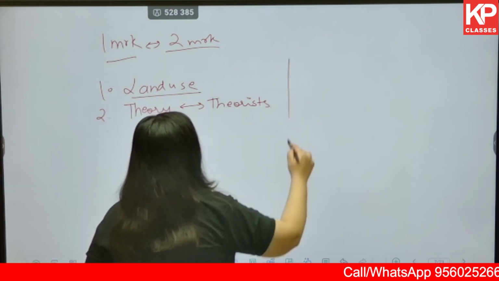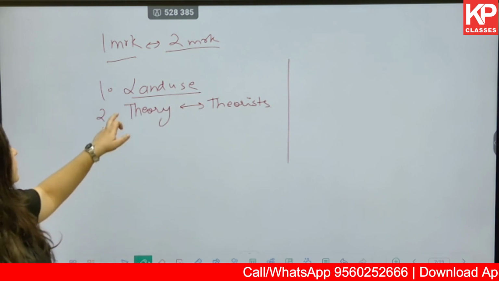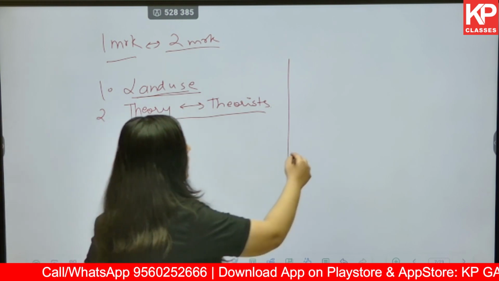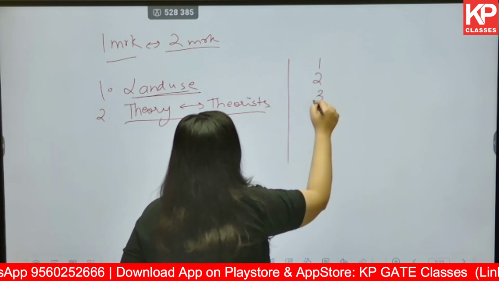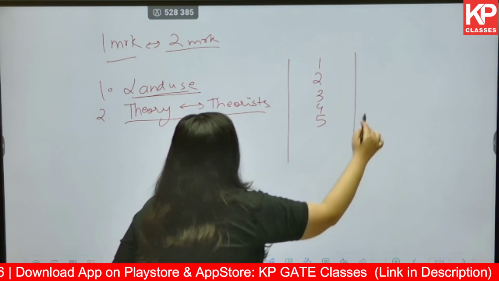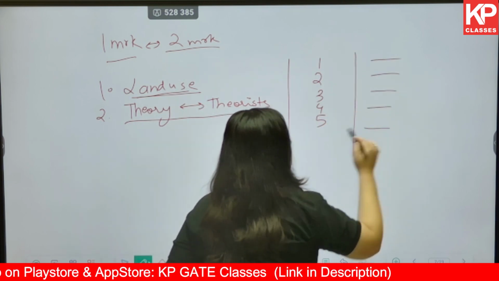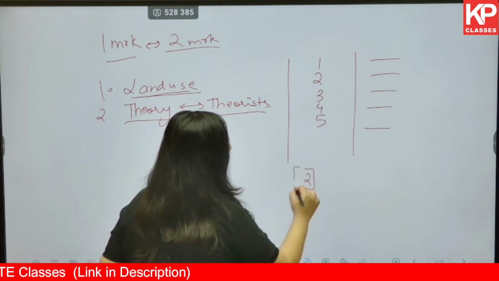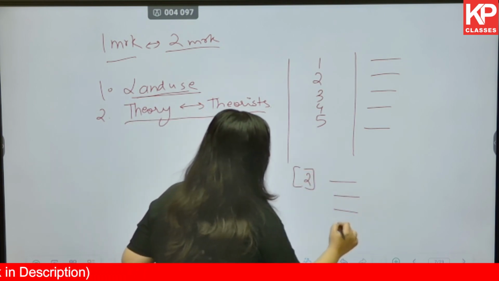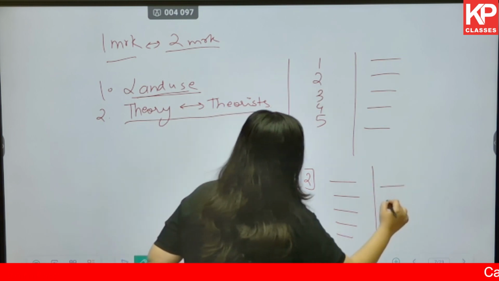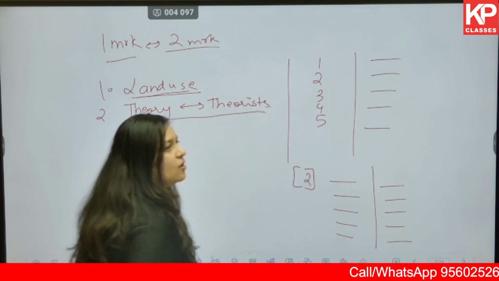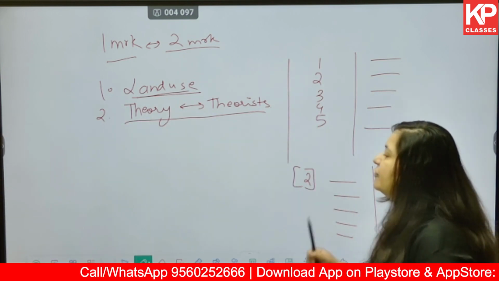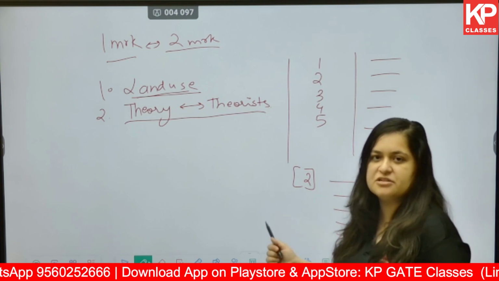Okay. Next, in a 2 mark question also you can get the land use and you can get the theory and the theorist. So one column can be the serial numbers, for example, and in the next column can be the land uses. Okay. The second thing, you can be given the names of the various theories in one column and the names of the various theorists in the other column, and you have to match them to the correct option. Okay. Here we end the understanding of the concentric zone model.